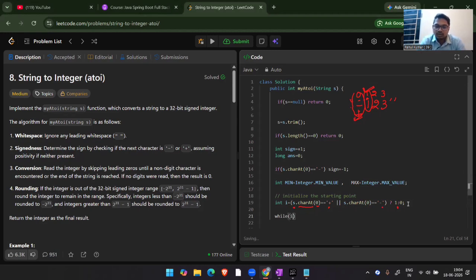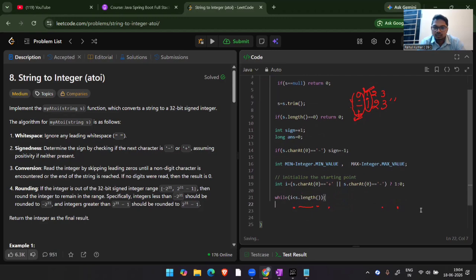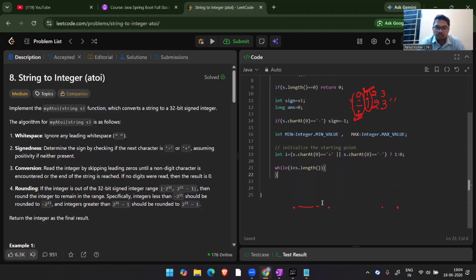I'll iterate i until the length of that string. Inside that while loop, I'll define an if condition, and what I'll write in the if condition is if s.charAt(i) is equal to space